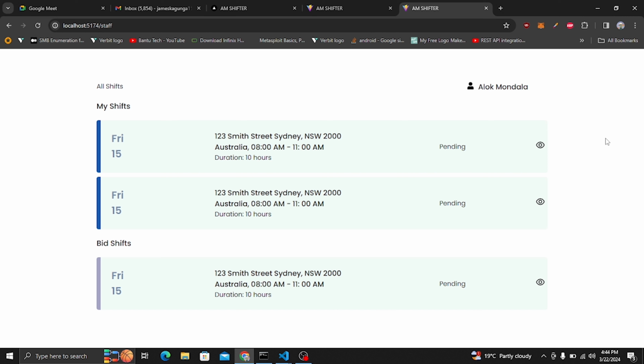In our last video we looked at this staff page, where we can see all the shifts, including shifts that you have been assigned by admin and also shifts that you can bid on. In today's video I want us to look at the pages, and one of the pages